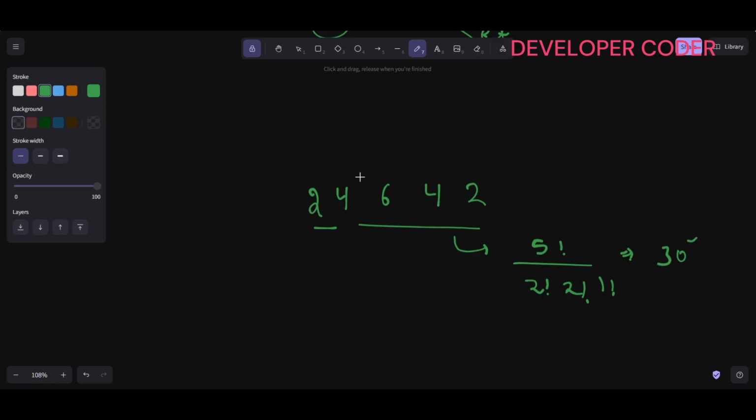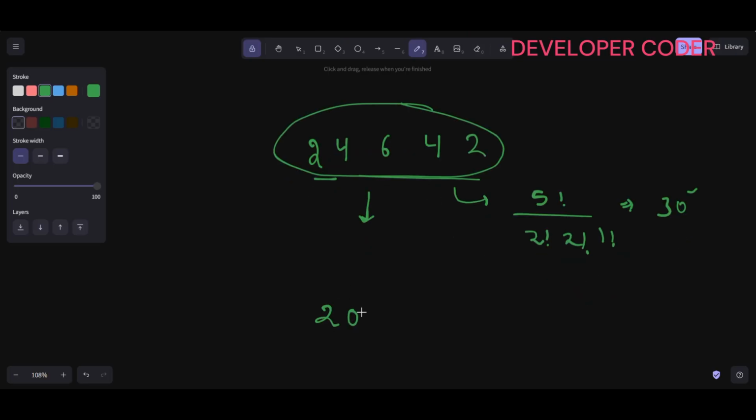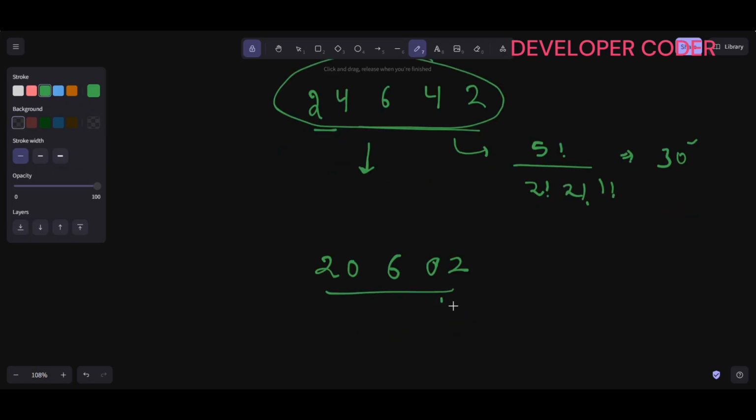Done. Okay, so now here this is one thing. In this number you don't see any zero, but now there is one issue. Let's suppose there is one number like this, 20, then 6, and then 02. Now here if you calculate the